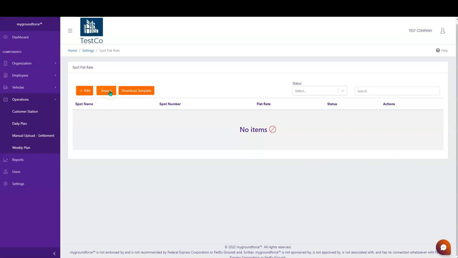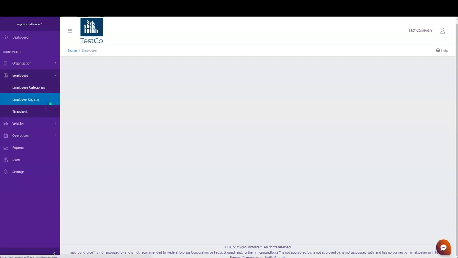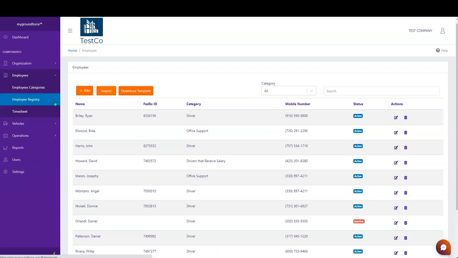Now that we covered this payroll method, when we pay all drivers the same based on the entity settings, we will go over paying drivers different rates. So in case my organization pays drivers different rates, I need to go to each driver's registry. So I'm gonna go to the employee registry, I'm gonna go to the driver that I'm gonna use in this example, and then